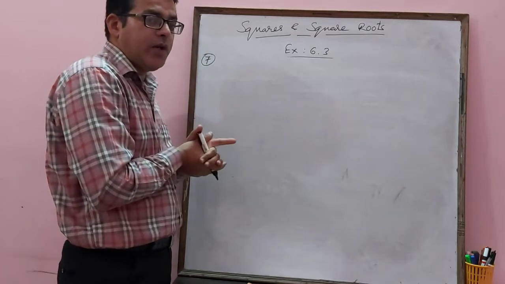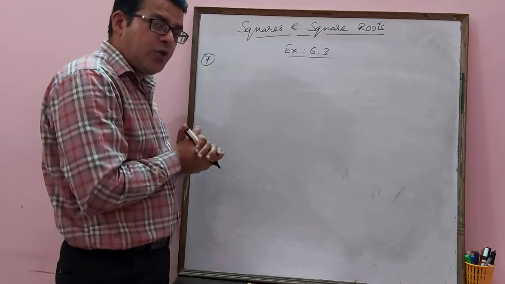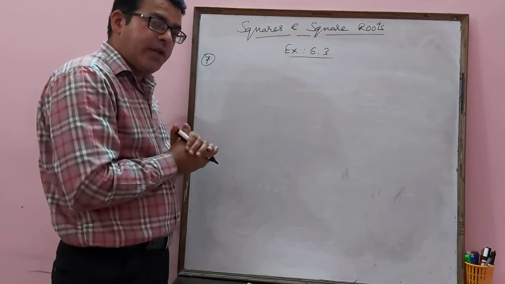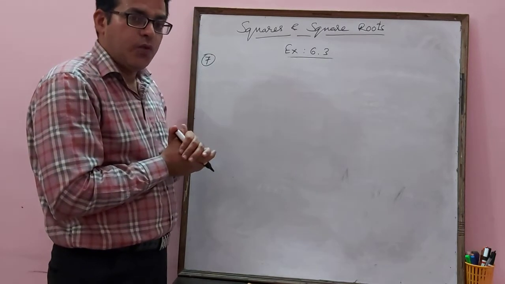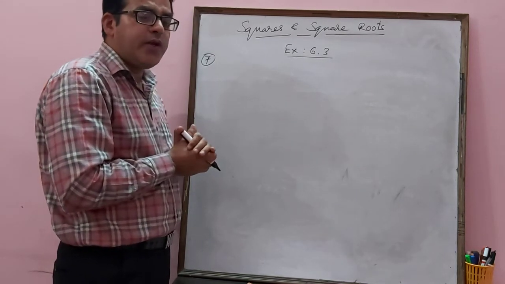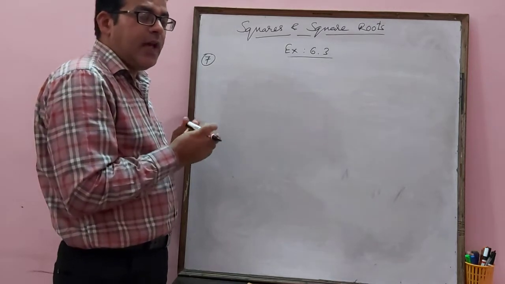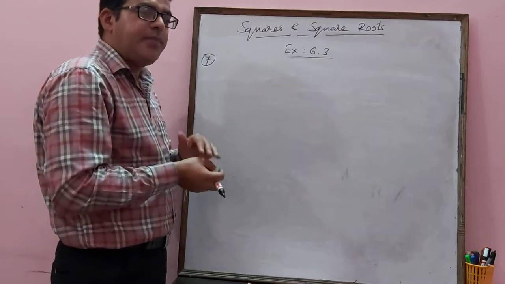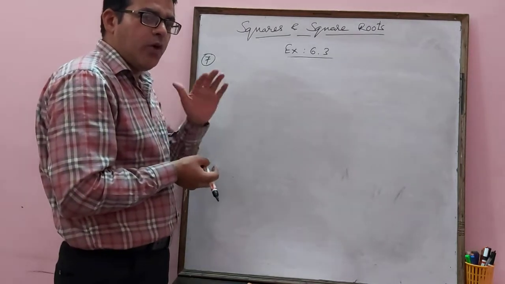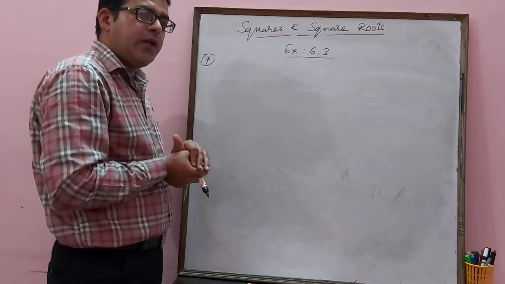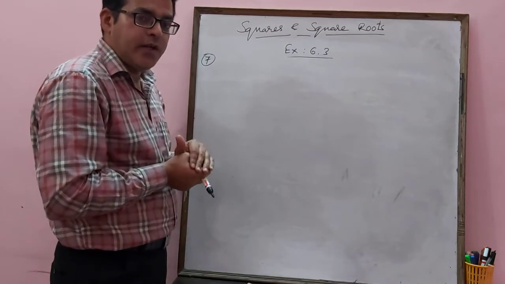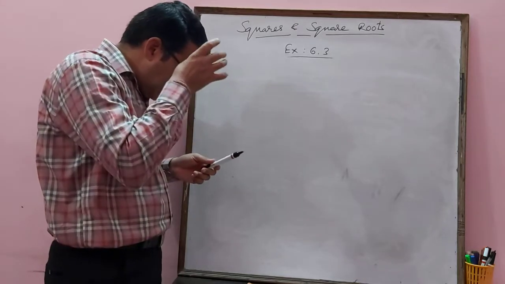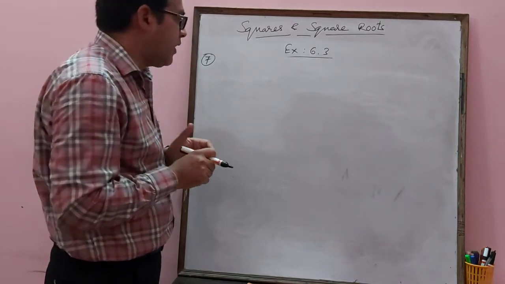So each student donated as much rupees as the number of students. This is very important. Each student donated as much as the number of students in a class or in a school, right? If there are 40 students in a class, then each student donated 40 rupees. If there are 800 students in all in a school, each student donated 800 rupees. This is the meaning of this question. And find the number of students in the class, right?